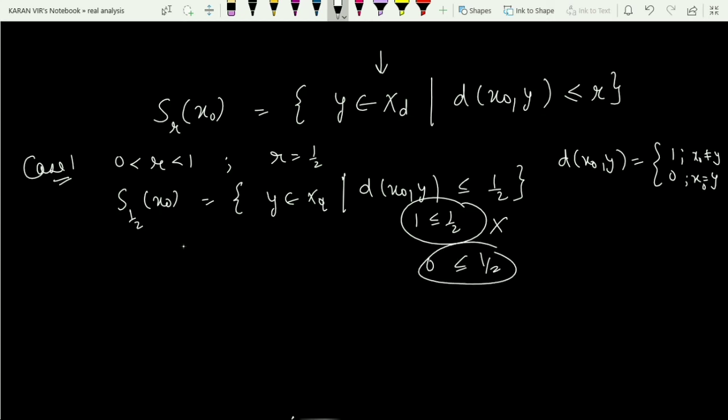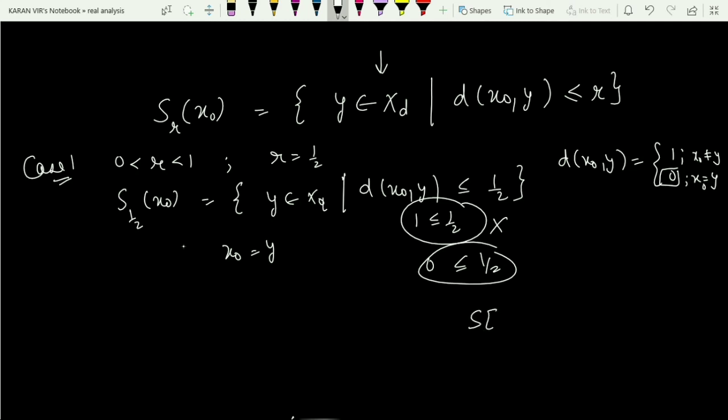So whenever I take the radius to be strictly less than 1 and greater than 0, only the distance between x naught and y equal to 0 satisfies this inequality. So in that case, the distance between x naught and y is equal to 0 if and only if x naught is equal to y. So one thing is clear, whenever my r is lying between 0 and 1, the closed sphere in this case,